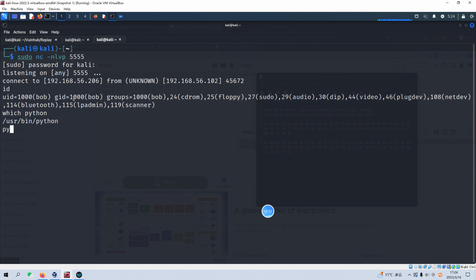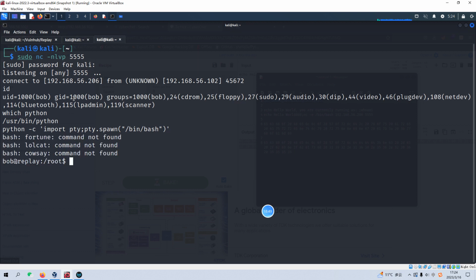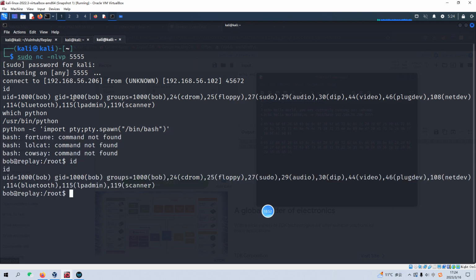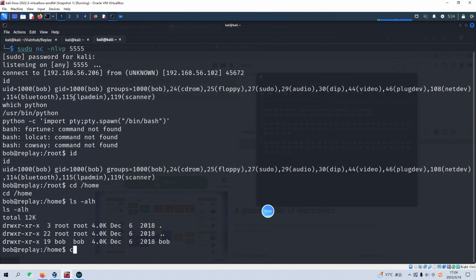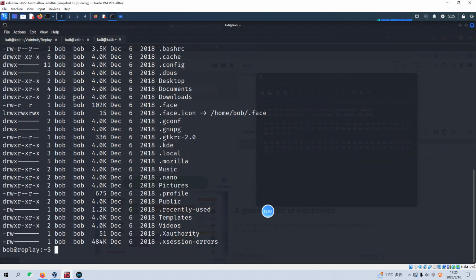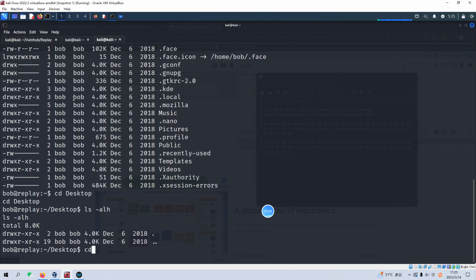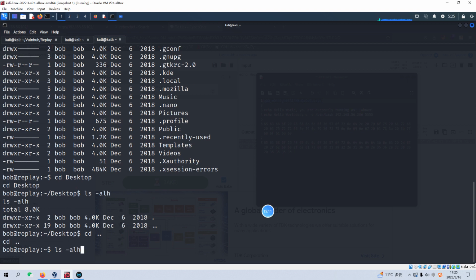We can check Python. Yeah, it's installed. We can run Python, import the pty module, spawn bash. Okay, now we have the id, and we can go to the home directory to do some local enumeration. Just one user, Bob, and we can go to the desktop. Nothing found. We go back and go to the